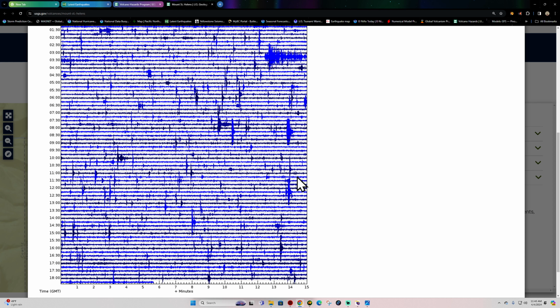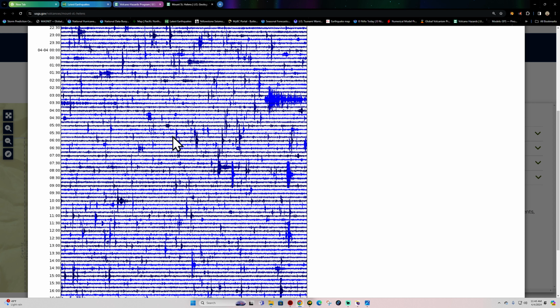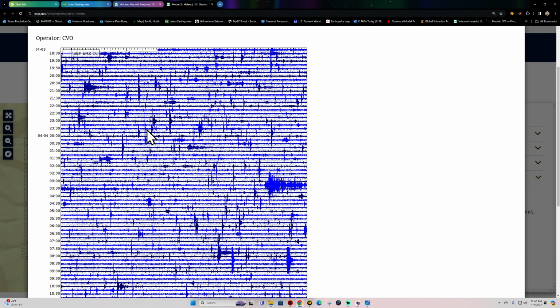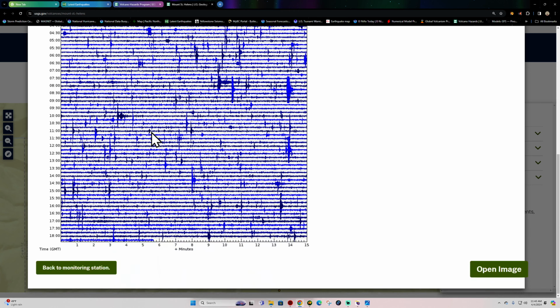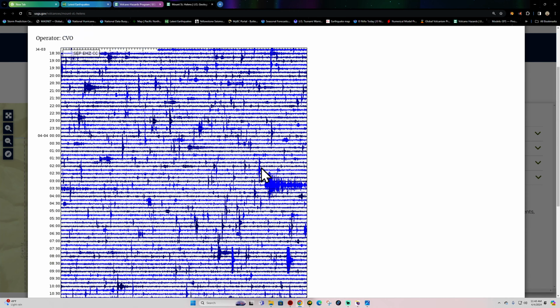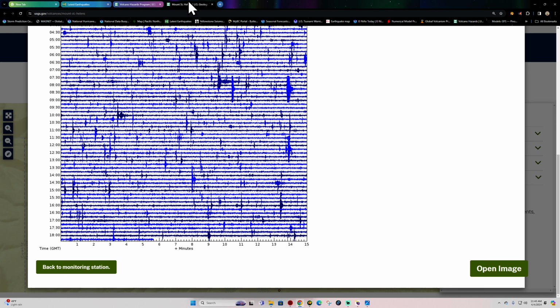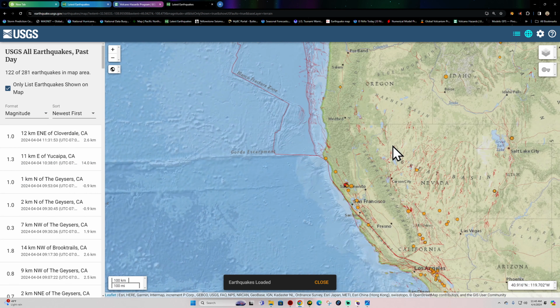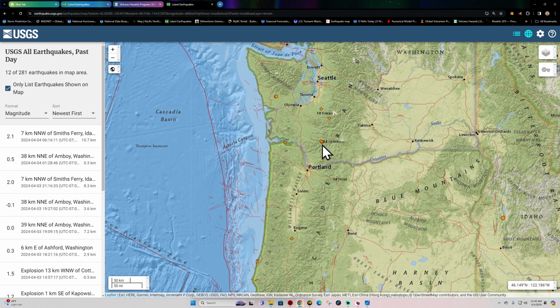So there's a couple. You know, if you look at all these little spikes here, these could be ice quakes, but also at the same time, these could be earthquakes. Some of these other ones look decent, like they are indeed little microquakes. So there's a handful, I would say, out here, but nothing major. Just a little earthquake activity there across Mount St. Helens.